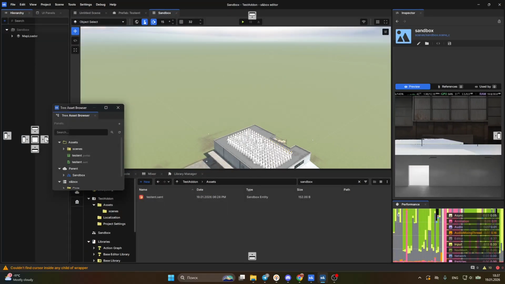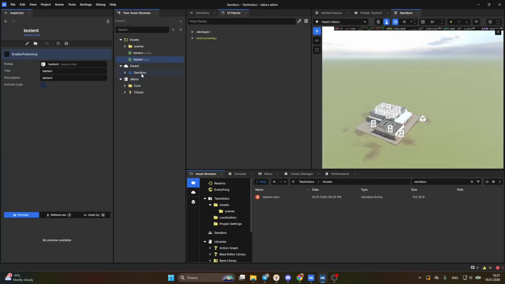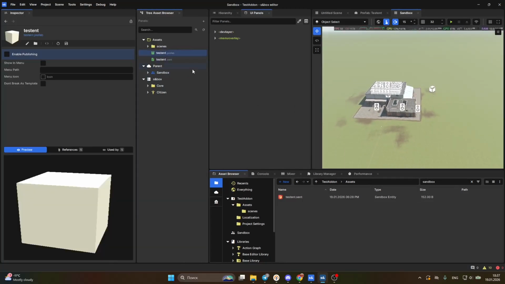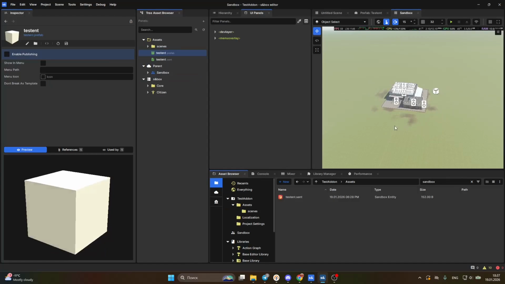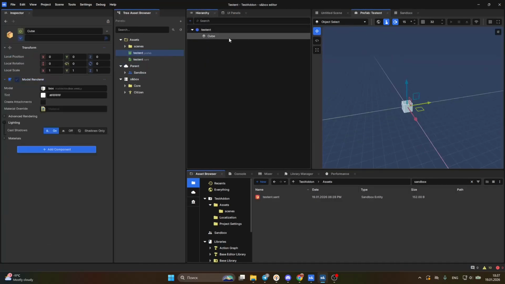Now I need to sort my view a little bit. That's better. And now, as you can see, I can use all my files again. So let's complete our prefab. Open the model object and add the component with code.